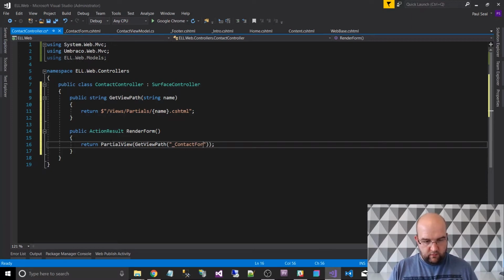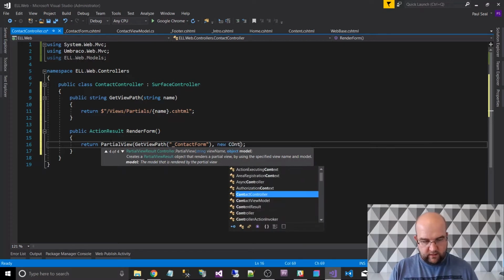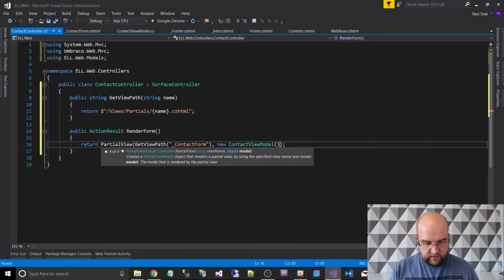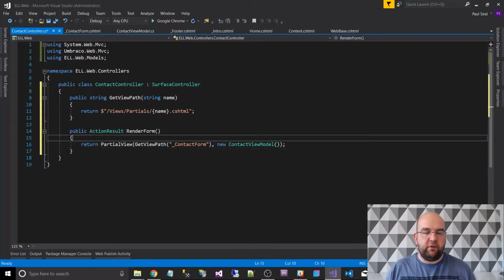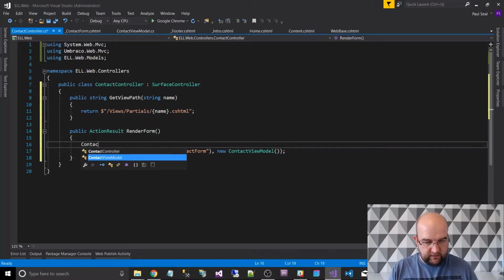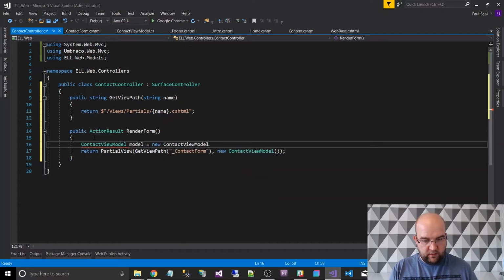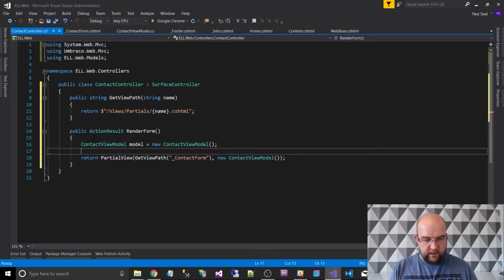Now, I also need to do new contact view model. So this is going to be empty on the render. If you're doing this for a different type of form, you might want to load the form up. So you might want to do up here contact view model, and then model equals new contact view model like that, and then